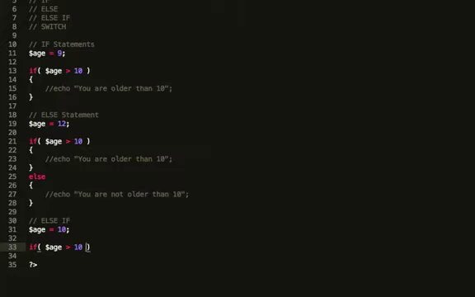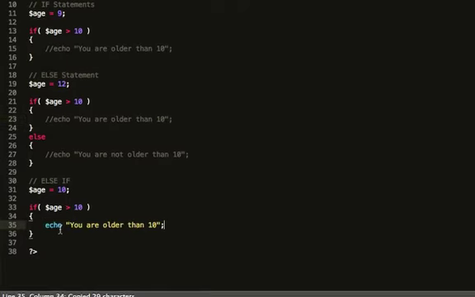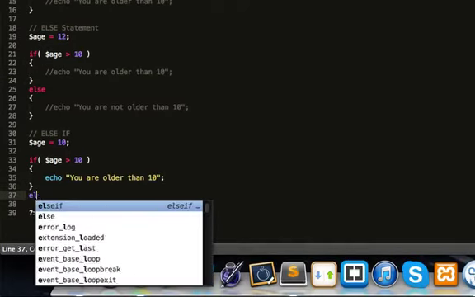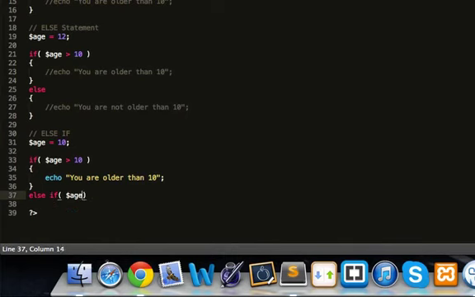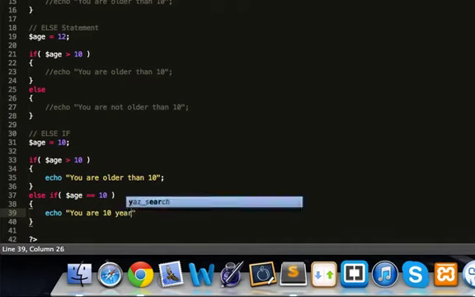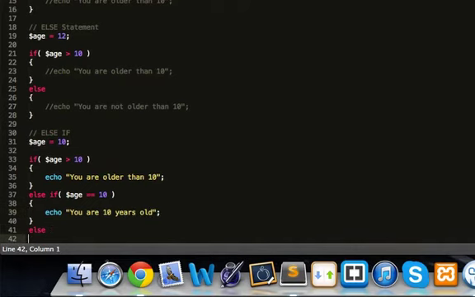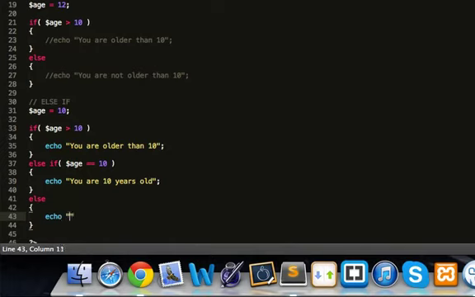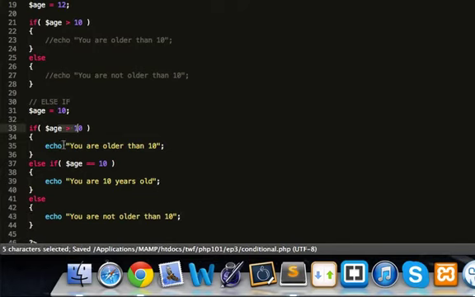The else if is also an extension of the if statement. So here is our if again. I'm just going to copy it to save time. You're older than 10. Else if $age equals 10, echo you are 10 years old. And else... oh, I've put an echo in an echo there. There we are. So as you can see here now, if the age is greater than 10, run this, which